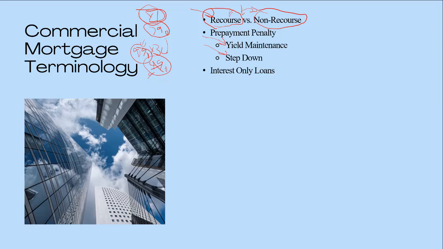An interest only loan has no portion of the payment that is principal, and you're only paying the interest. So that has the benefit of keeping your payment lower, because if you're including some principal, your payment is just going to be higher. So if it's interest only, the loan payment on the regular basis is going to be as low as it could possibly be because you're not adding any additional amount for principal.